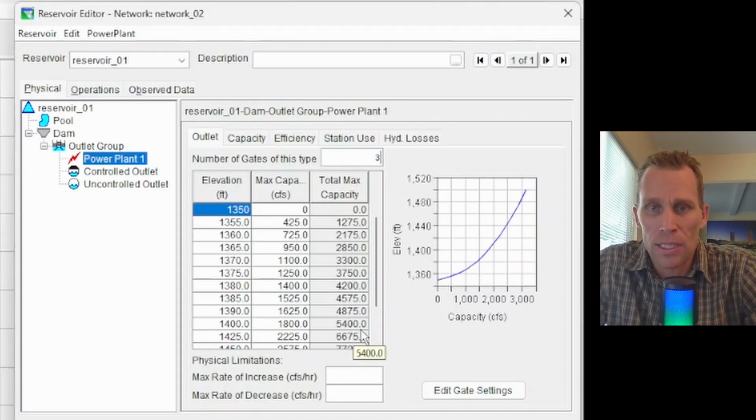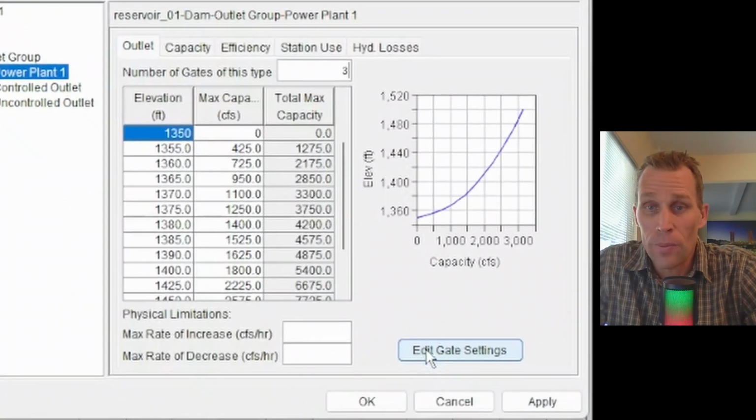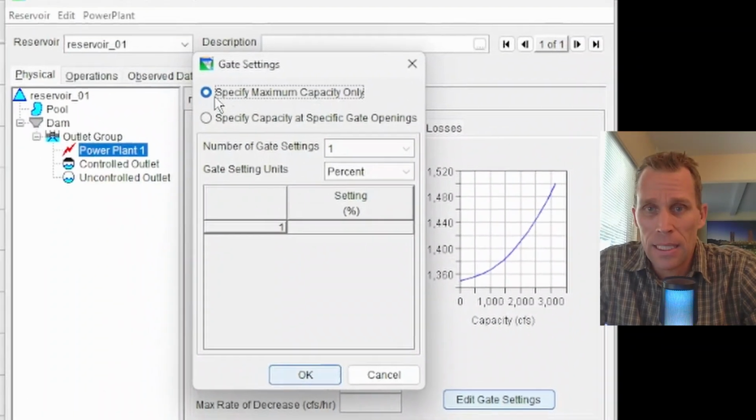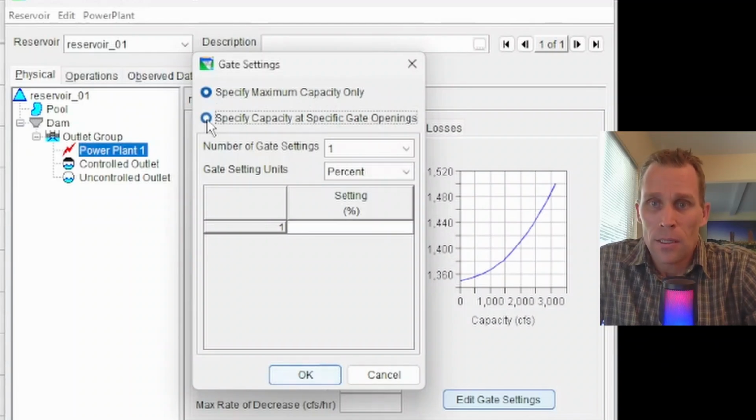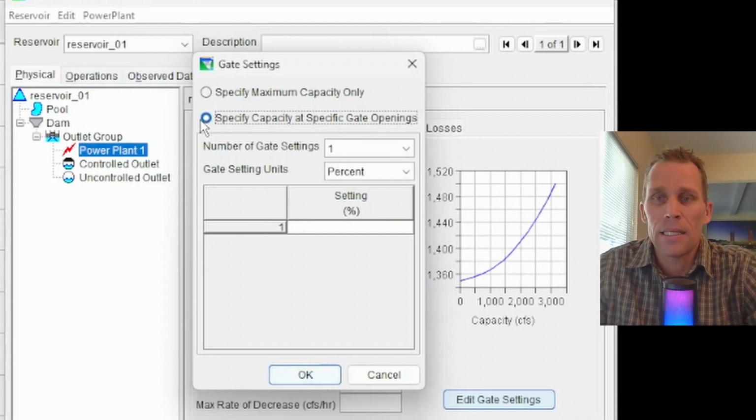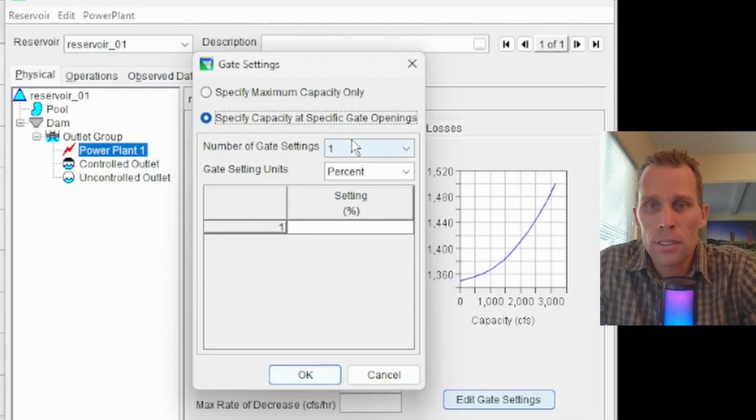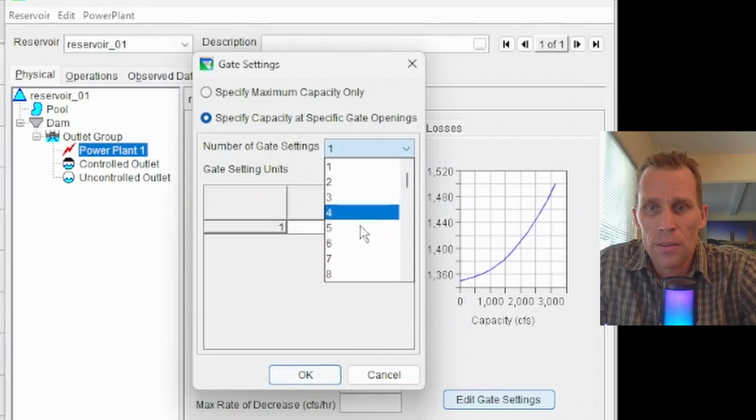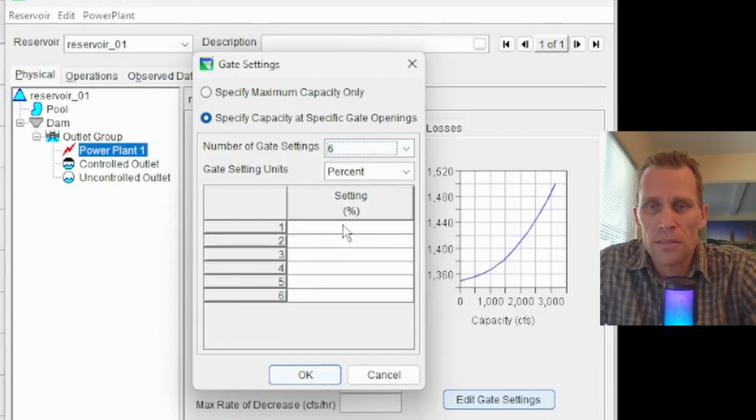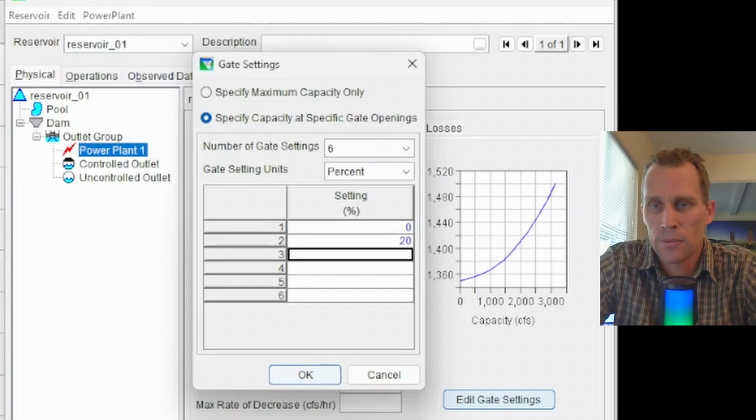And as was the case with the controlled outlet, the power plant also has the ability to open gates a fraction of the way. So if I clicked on Edit Gate Settings down here on the bottom right, and instead of using this either completely open or completely closed setting, I could specify the amount that the gate is open, cranks they're called, either based on a percentage or the length that the gate is open. So for instance, if I had 5 settings and the first one is just 0,